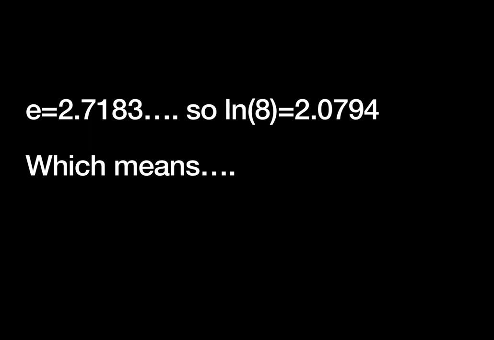All right, there's E. So that means if you take your calculator, if you have a cell phone type calculator, you hit the number 8, then you hit the ln button. If you have a regular calculator, you probably hit the ln button, it says ln parentheses, and you type the number 8 and hit enter. It gives you this value. So what does that mean? Again, if we go to translating back and forth between exponents and logarithms, that means natural log of 8 is the same as saying log base E of 8,